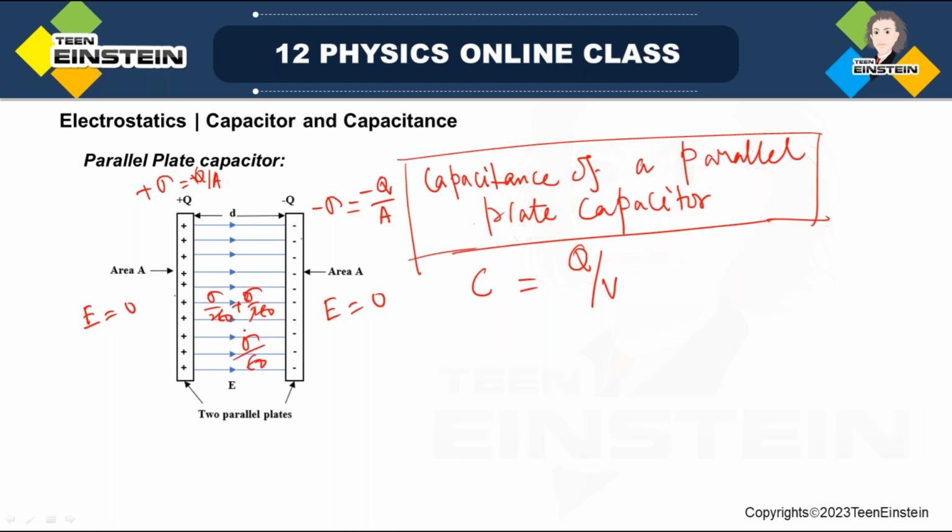So the electric field in the space between the plates will be sigma by epsilon 0. Once we get the electric field between the plates,